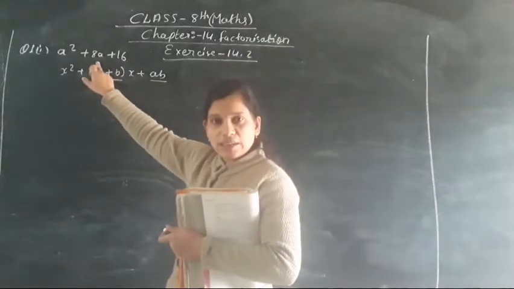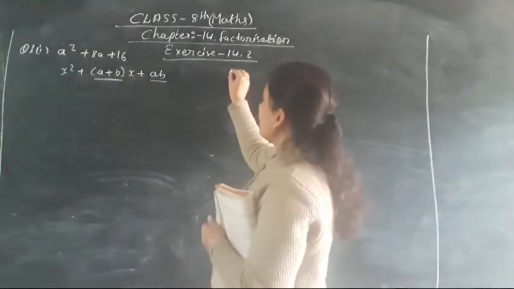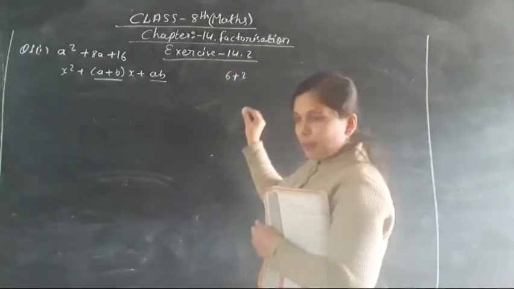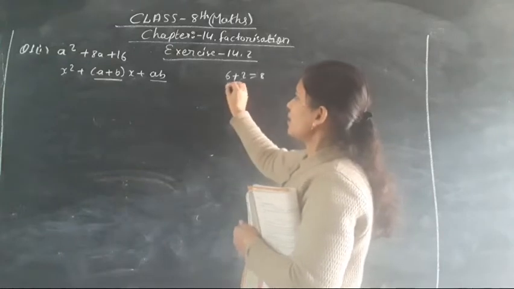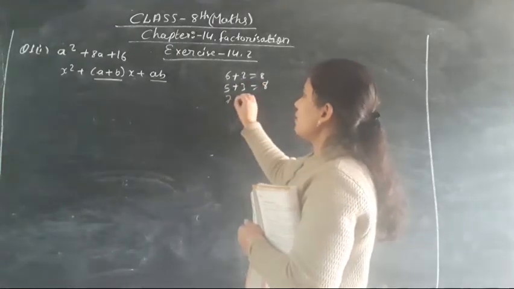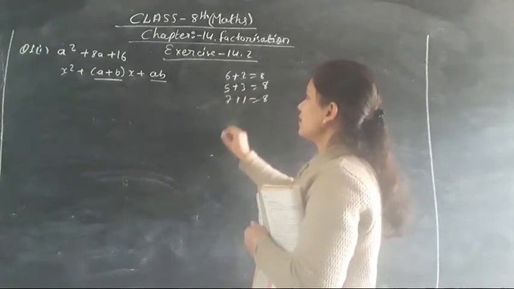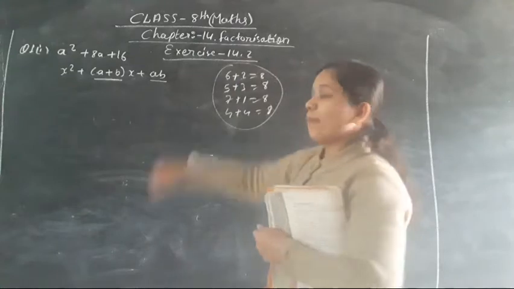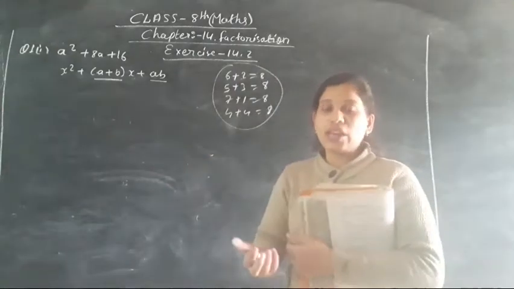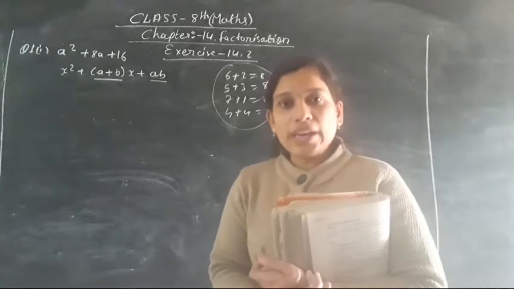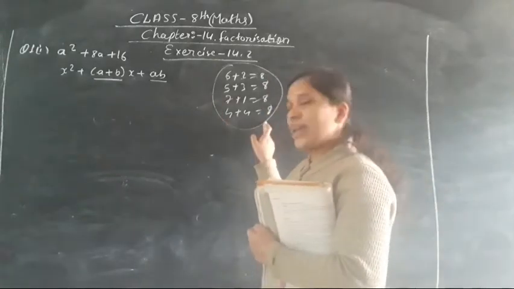Suppose 8a is there. So if we add 2 plus 6, it will become 8, isn't it? 5 plus 3 can become 8. 7 plus 1 can become 8, isn't it? 4 plus 4 can become 8. So these are the ways to bring the number 8. You will ask me, teacher, if we can take any number to bring 8, we have many numbers to bring 8 as a result.